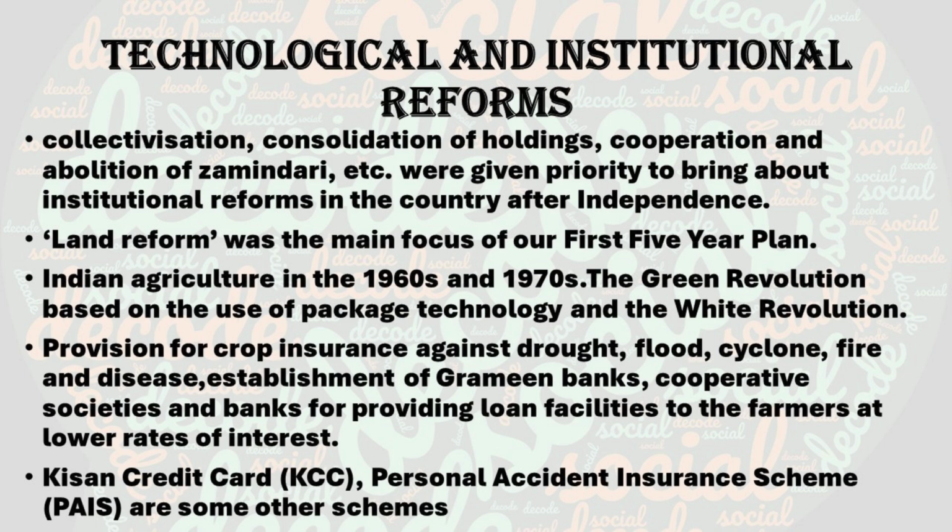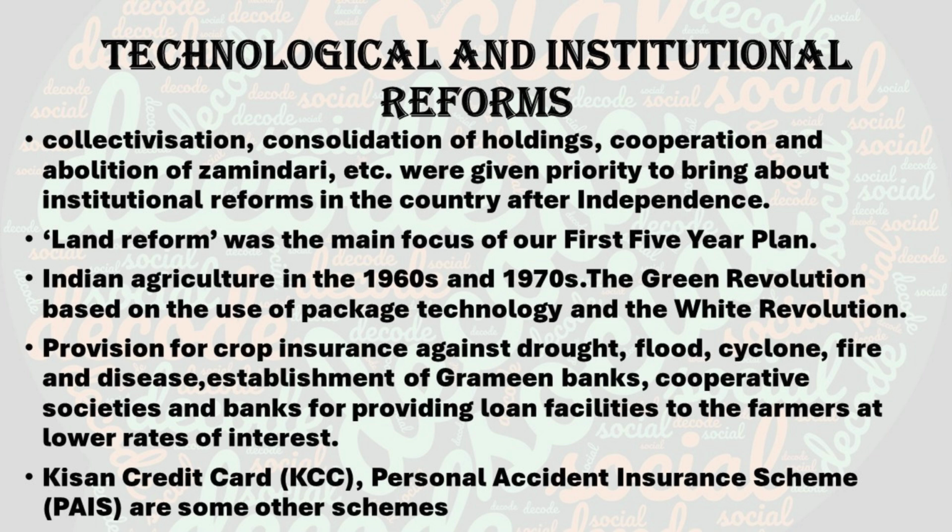Apart from that, the government initiatives they have implemented include KCC. What is the meaning of KCC? Kisan Credit Card. It provides farmers easy credit for seeds, fertilizers, and equipment at low interest rates. The next one is NAIS, the National Agricultural Insurance Scheme, which gives insurance protection against crop failure due to natural disasters. The next is PMFBY, Pradhan Mantri Fasal Bima Yojana, crop insurance to cover damage from droughts, floods and pests.